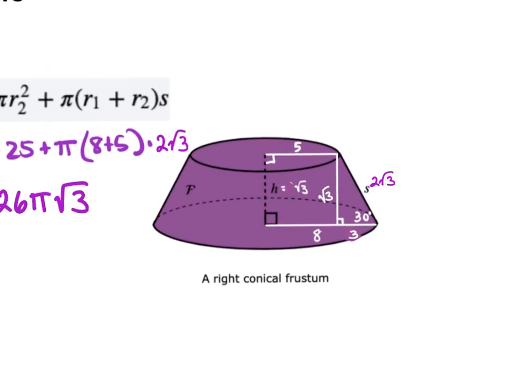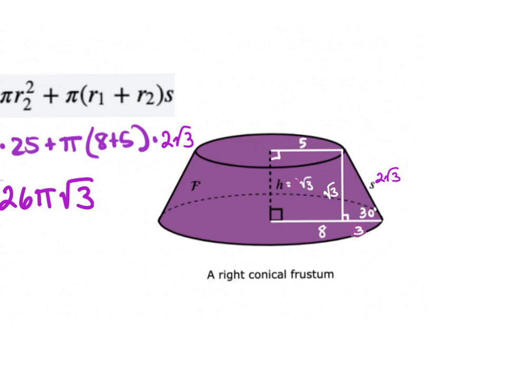So if I look at this frustum, and this is 30 degrees, and I have my radius up here 5, and this whole radius across is 8, I know this piece right there is 3. Now, across from the 30-degree angle is A, across from the 60-degree angle is A times the square root of 3. So to go from this side to that, I have to divide by 3 and multiply by the square root of 3. So the height is the square root of 3. The slant height is 2 times that, or 2 square root of 3. So plugging into my formulas,